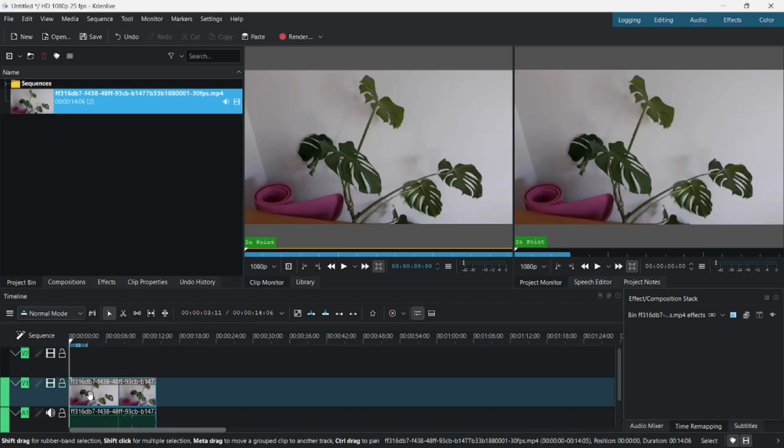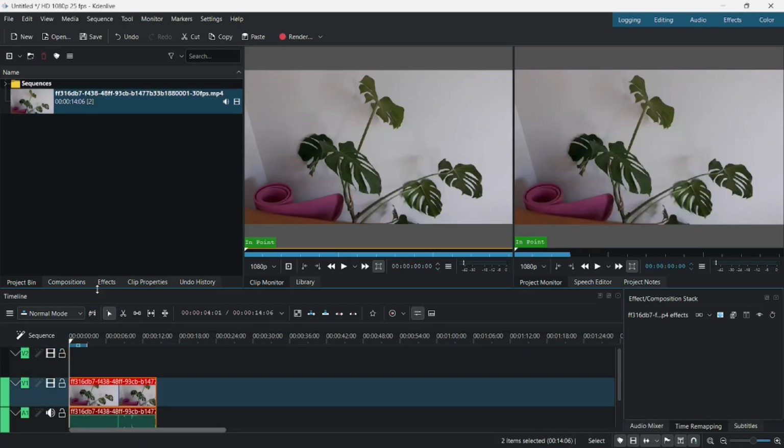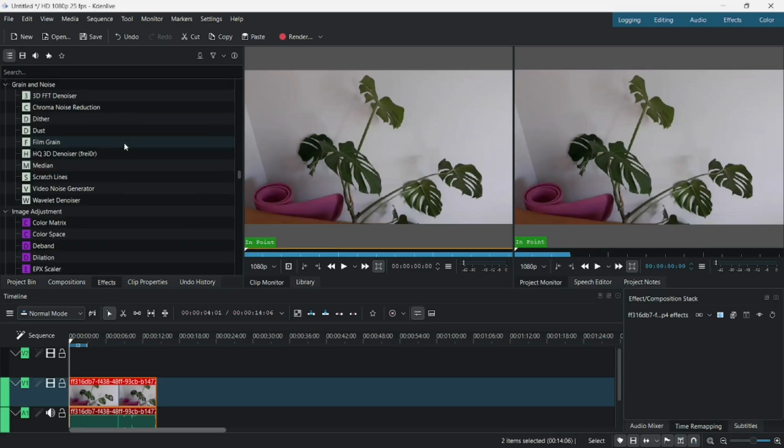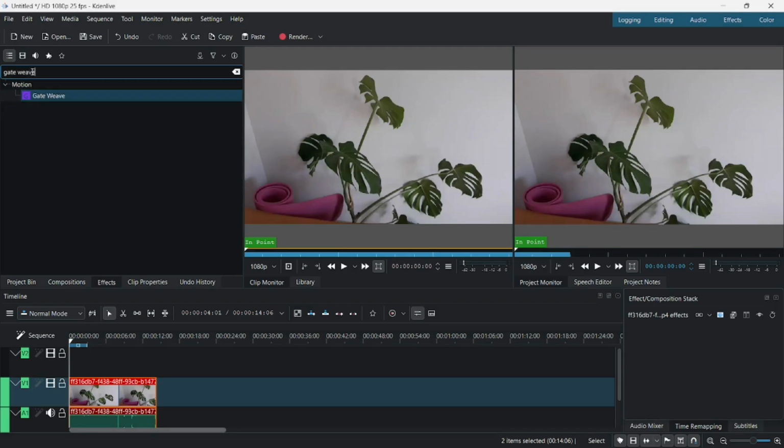Then you need to select your video and you need to open effects tab. It is very important to do it because here we will be able to find this effect, yeah? So I click on the search field and I type here gate with. Now on motion settings we can find this effect, so we can drag and drop this effect to our video,